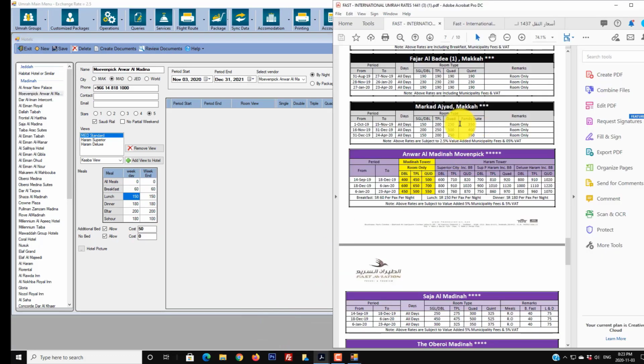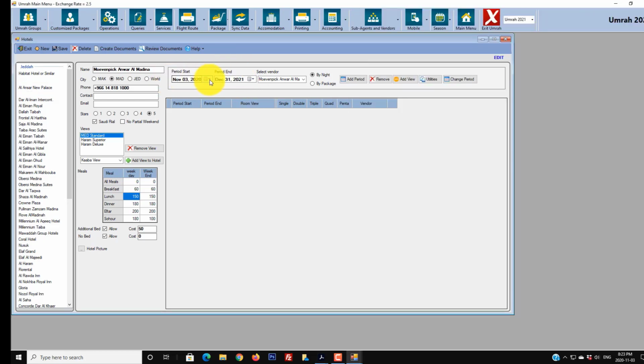I'm gonna come to my pricing sheet, which you all receive. Of course, this is an old pricing sheet, but we're just using it as an example. So we have here some periods from 14 September 2019 till 18 December 2019. So from 14 September 2019 till 18 September 2019, I'm gonna go ahead and actually just put from